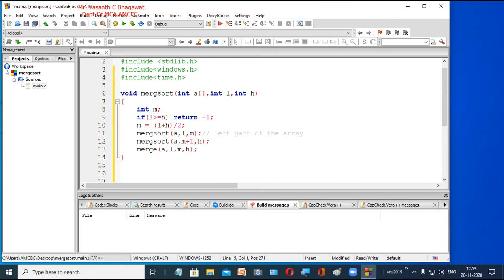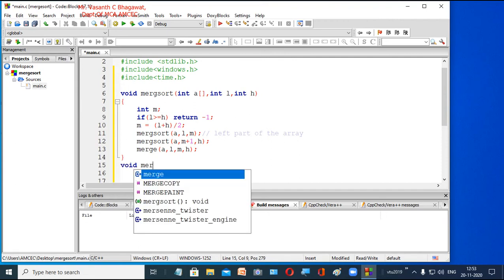It's very simple. So how many lines are there? Just the termination condition, because it is recursive, then find the midpoint. Then you call the same array, left side from low to mid, next right side mid plus 1 to high, then another function merge, which you are going to write now. What arguments you are passing: array, low, mid and high. So it should be low, mid and high in the same sequence. So now we will